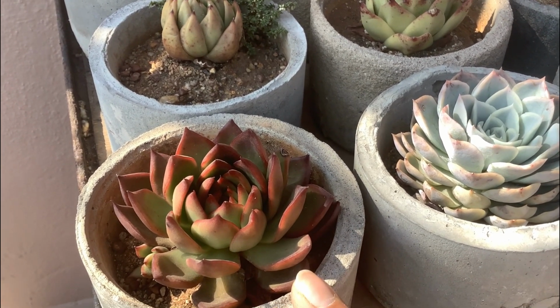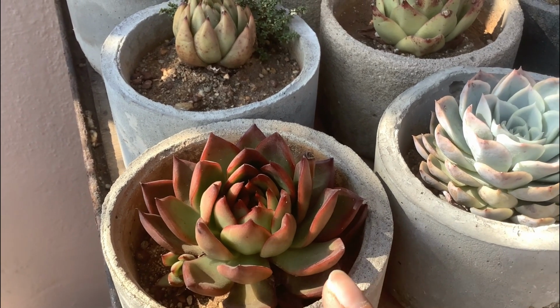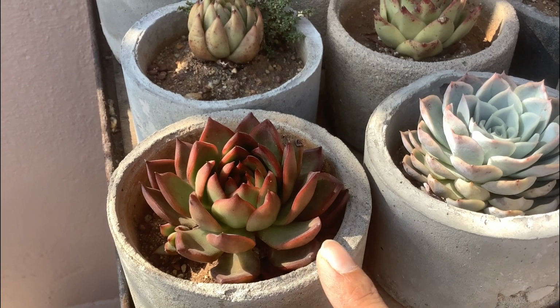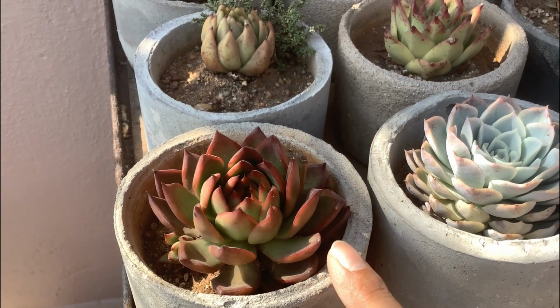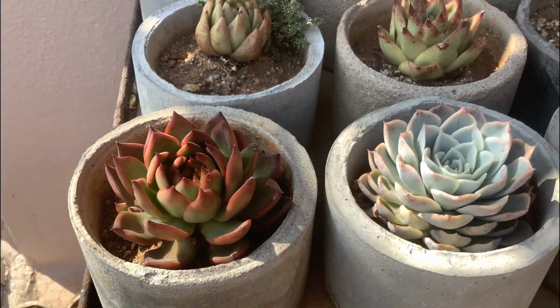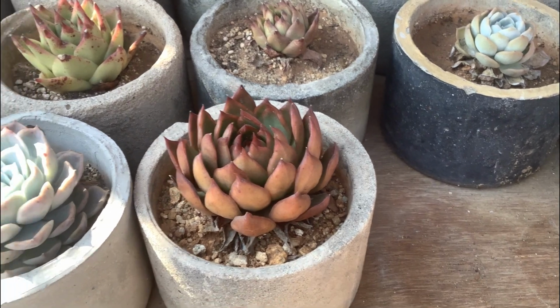Whenever you stress your succulents, the growth also tends to reduce. So if you want your succulent to grow a little bit faster, you will have to give the basic needs. That is, you'll have to water it. You'll have to give balanced watering. Right now, the sun is not going to matter. Anyway, we have to offer a good amount of sunlight for 5 to 6 hours, morning direct sunlight